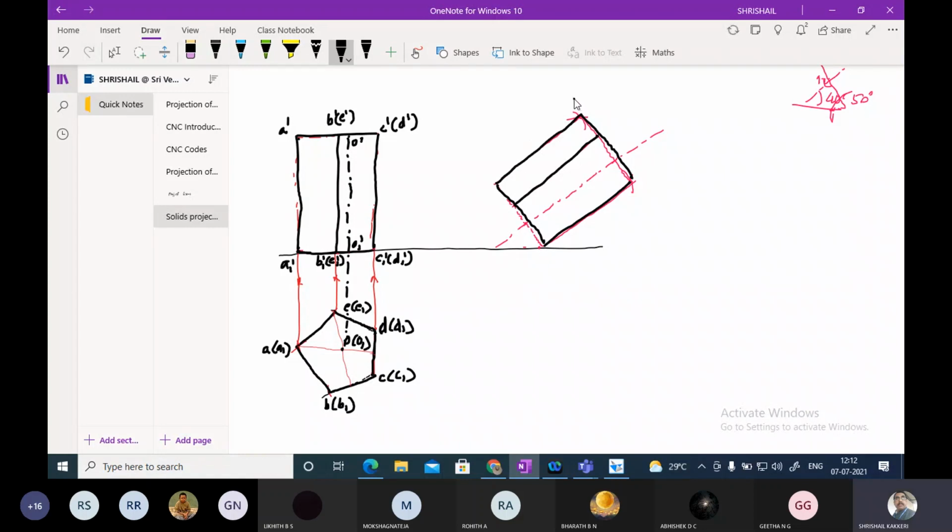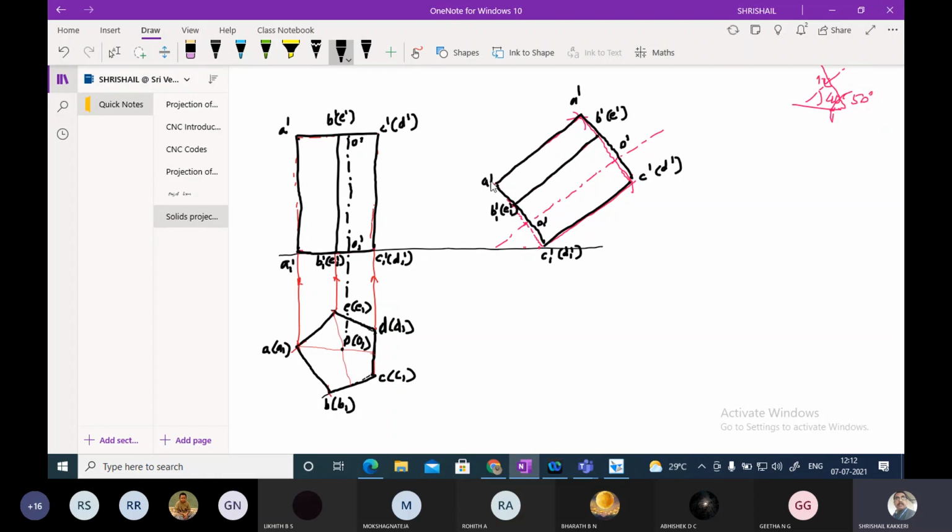And you name them again here, A dash, B dash in bracket E dash, and this will be O dash, and this will be C dash in bracket D dash. And similarly, this will be C1 dash, D1 dash, and this will be O1 dash, and this is B1 dash and E1 dash.